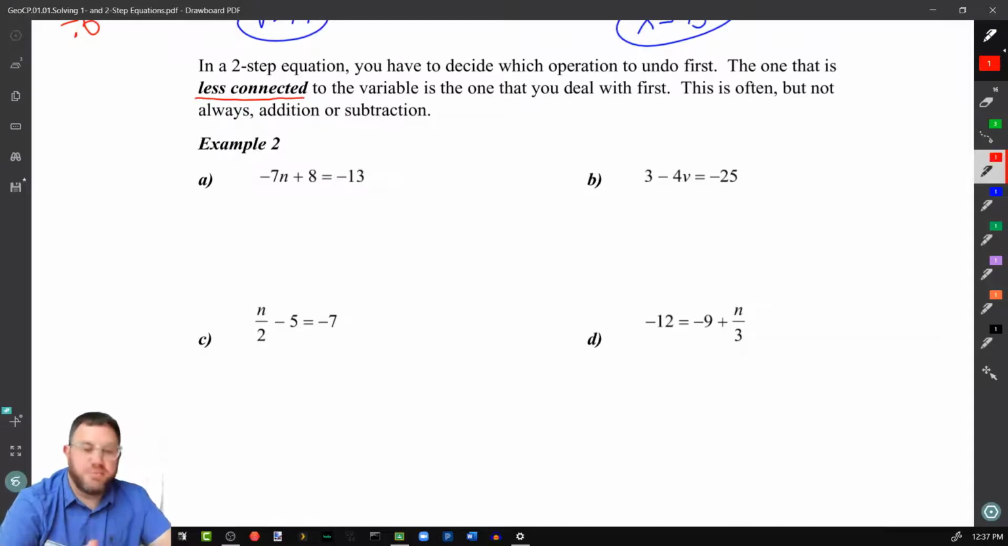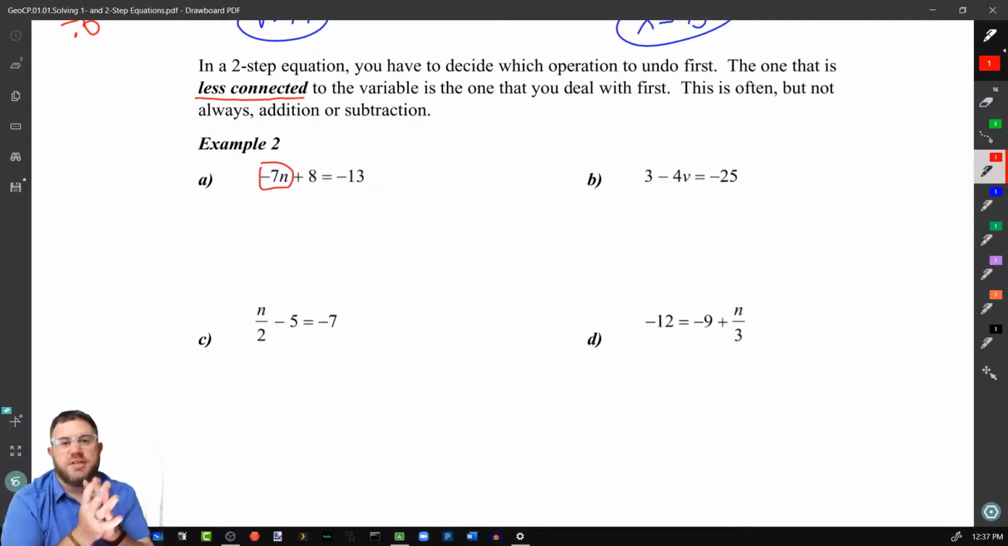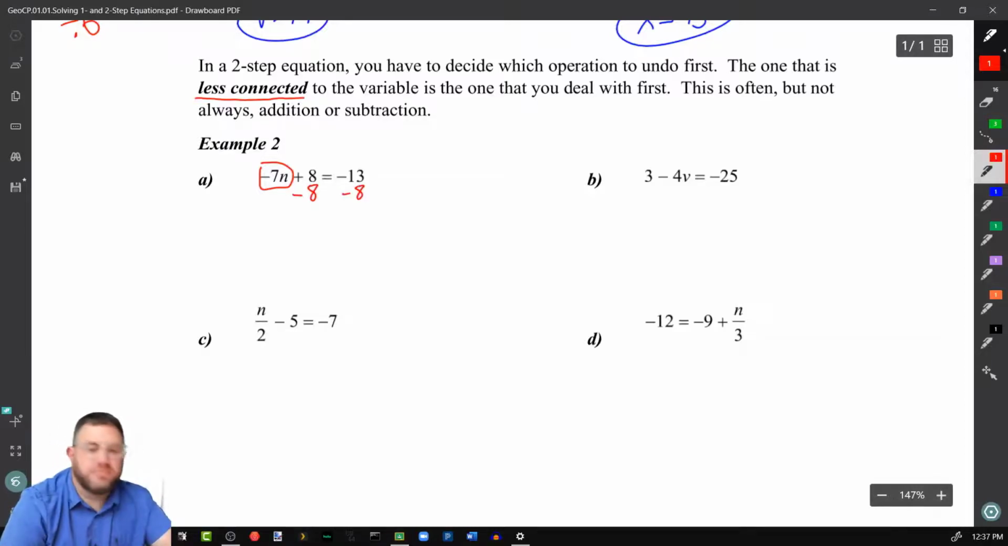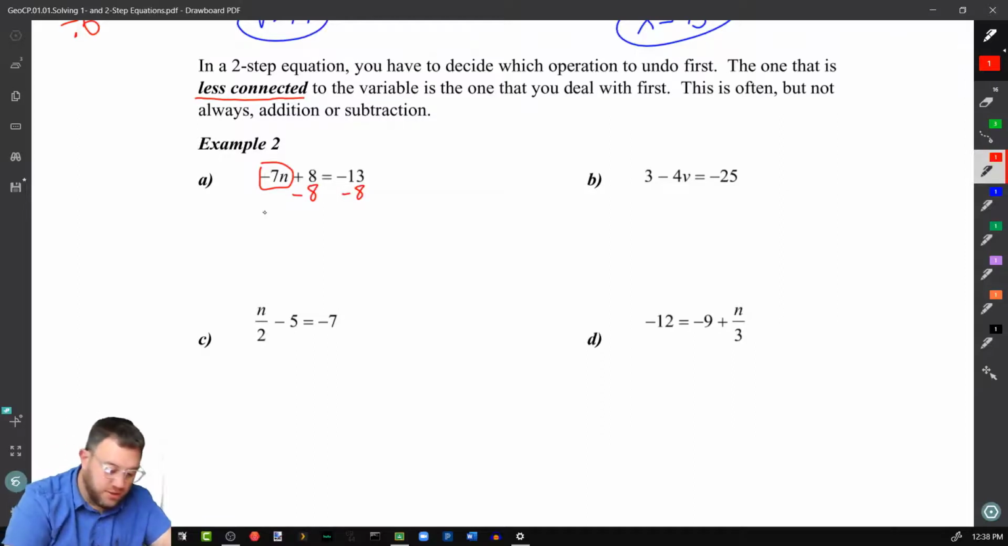So if we look at example 2a, you can see the -7 and the n, that's multiplication, and they are right next to each other. They are tied together. So that's the closest operation to n. So we want to do the other one first. So we've got the +8. How do we get rid of +8? -8 from both sides. So we have -7n